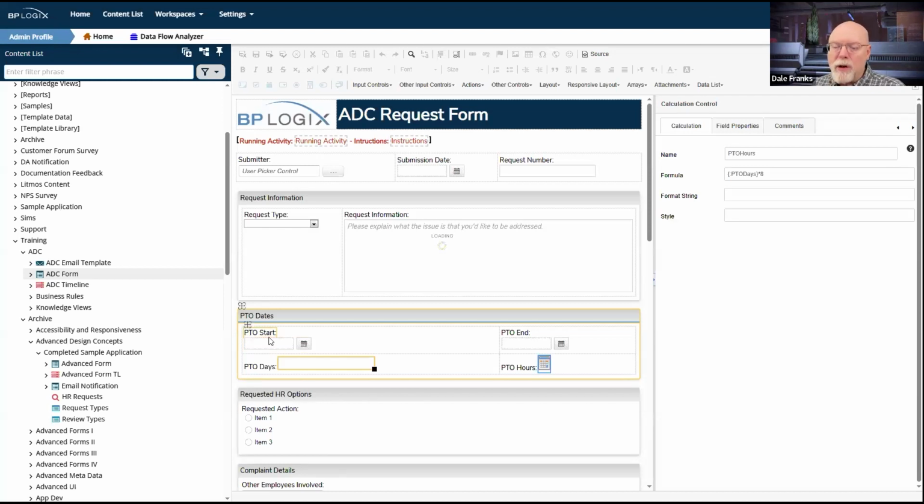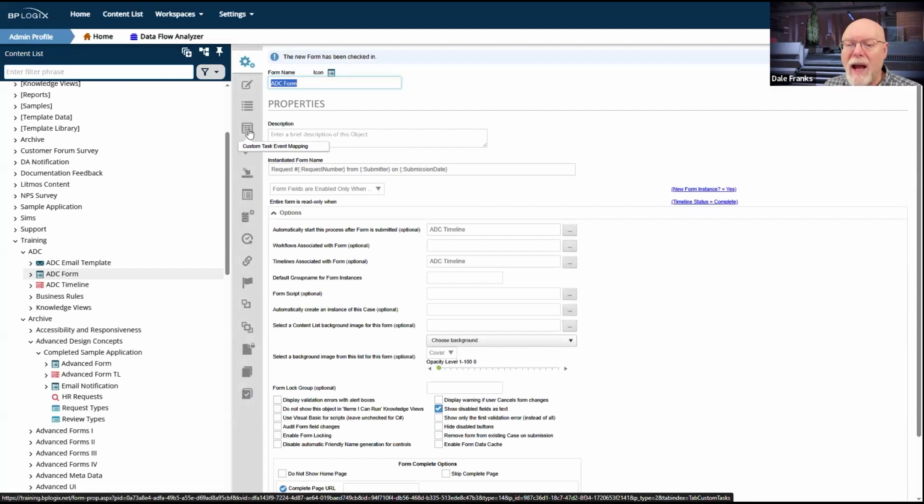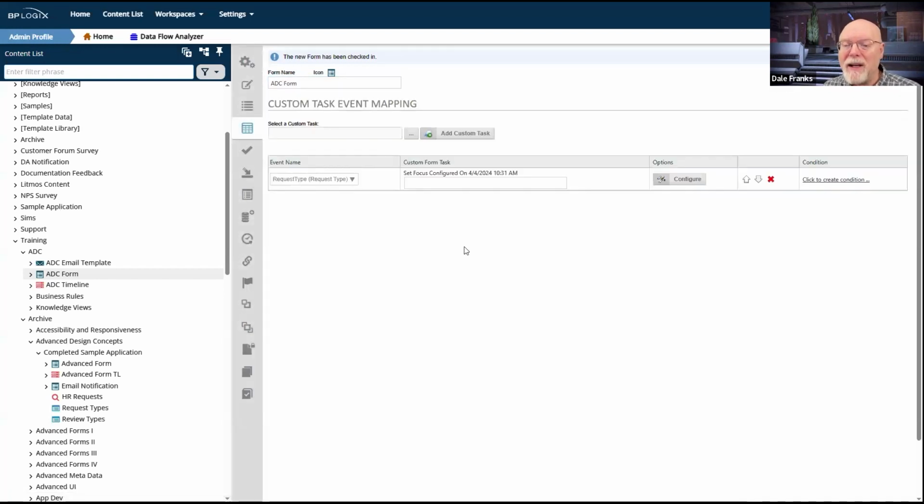And when you use a form field to prompt an event, when the form reloads, it'll take you back up to the top of the form. I believe we talked about this not last week, but the week before last, about how that works. And because I have a couple of fields like that, I'm going to need to throw a custom task event onto the form. I'm going to need to do a set focus event.